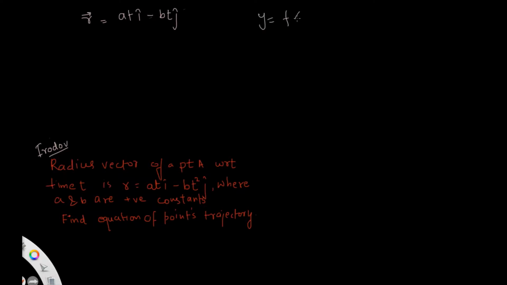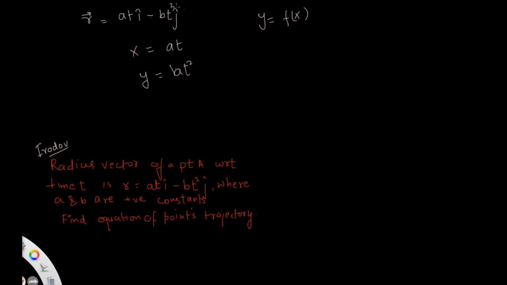To find y as a function of x, x and y should each be found as functions of time, then we'll eliminate time. Since this is a displacement vector, we have the x component as at and the y component as bt